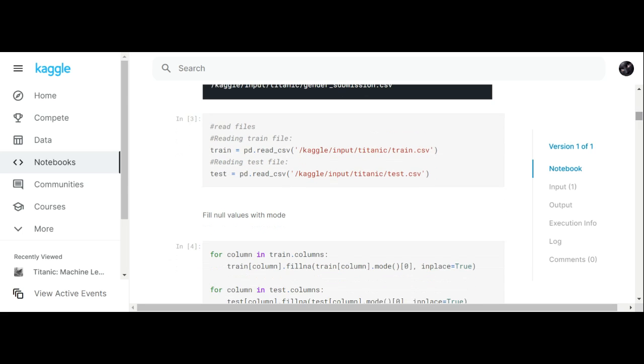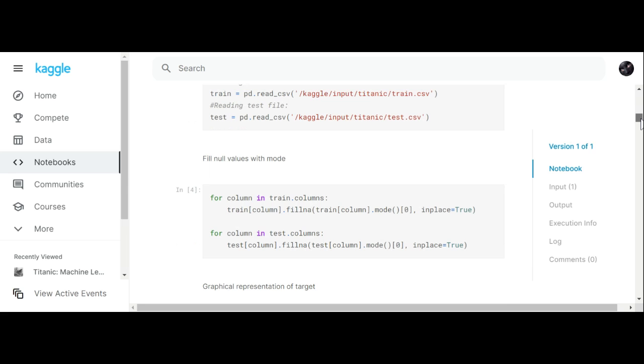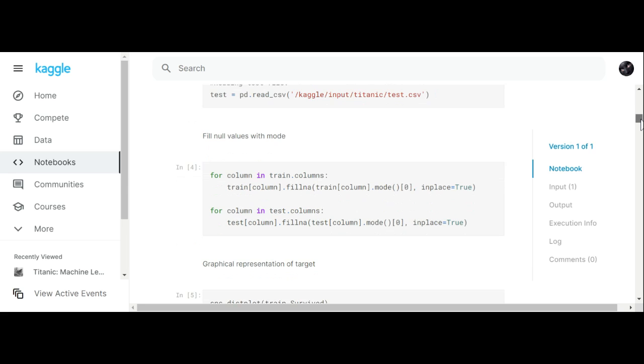And now what we've done is we read our files. We read the train file and we read the test file. The train file is what we're going to train and validate on, and the test file is what we're going to test on. And now what I had to do was impute any null values, and so I just replaced any null values with the most commonly used value because